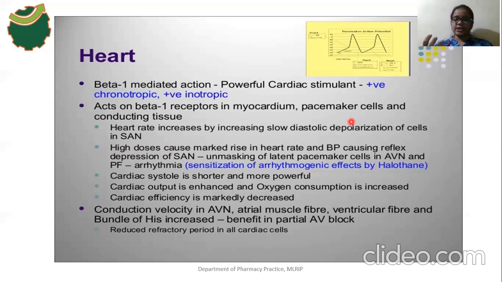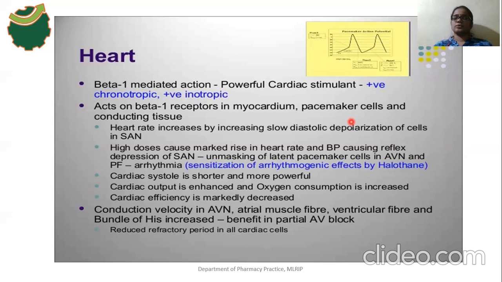pacemaker activity. So what is the natural pacemaker in our heart? That is the SA node, the sinoatrial node. The SA node generates the action potential, and this action potential is propagated to the atrial wall, then to the atrioventricular node, then to what? The bundle of His, Purkinje fibers, and it reaches the ventricles also. So the overall effect of adrenergic drugs on beta 1 receptors is a stimulant effect: it increases the heart rate, the force of contraction, the pacemaker activity, and the